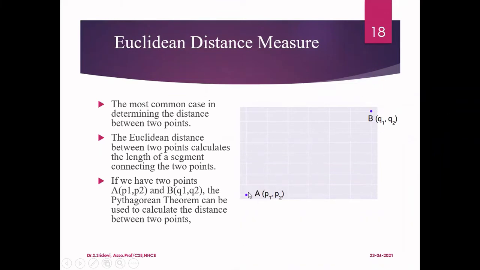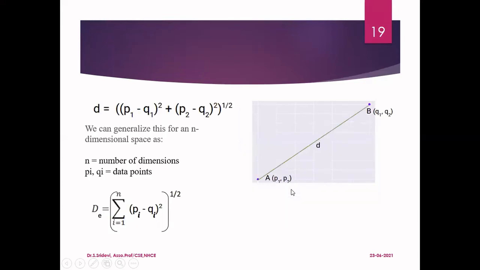So in this, if I calculate the distance between the 2 points A and B, I can use the Pythagoras theorem to calculate the distance. So you know what the Pythagoras theorem is. Here, to calculate the distance, the point A is given by P1, P2 because it is a 2D plane, and B is given by Q1, Q2. According to the Pythagoras theorem, the distance between the 2 points, this is the shortest distance between the 2 points, is calculated by taking the first dimension of both and subtracting, then finding the square. So P1 minus Q1 the whole squared plus P2 minus Q2 the whole squared, the square root. Okay, so this is the Pythagoras theorem. This is for the 2-dimensional plane.